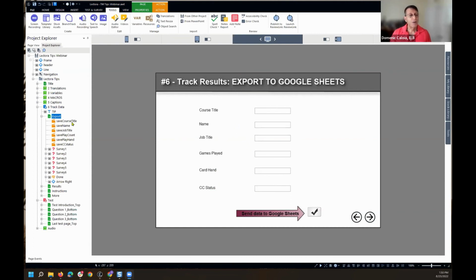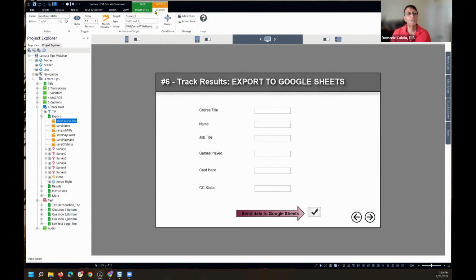survey. If I click on the actions that I have on this page, for each one of these, I've got a modified variable. So the variable for survey question number 1, I'm saying that equal to the course title. So what I'm saying is, since the survey automatically comes up with variables waiting to be determined by how you answer the survey, it's an empty variable waiting for input. I'm not going to want to have people take the survey. I want to replace the empty variable with the contents of variables that I've already used in the course. So each one of these